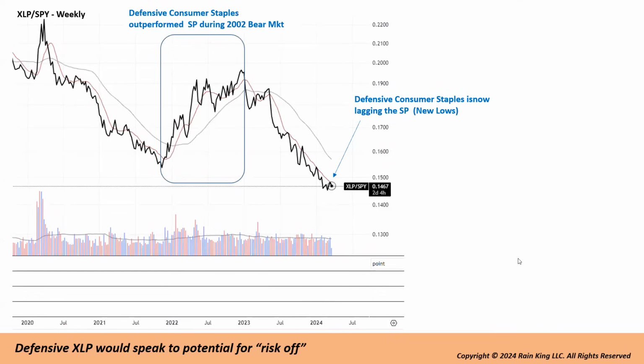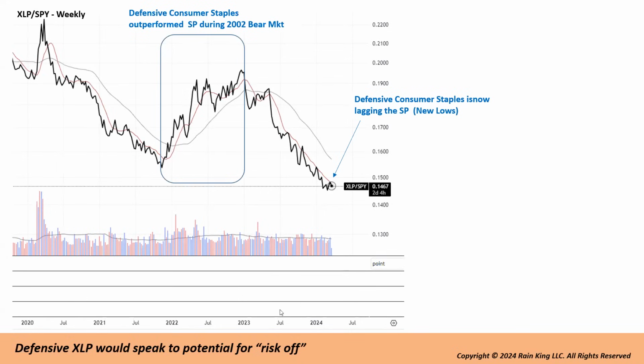Now, this is a chart of 2 ETFs. I've taken XLP, which is consumer staples, and I've divided them by the SPY. So generally, when you look at this ratio, if the line is going up, it's telling you that the staples are outperforming the S&P. And when we're in a bear market, portfolio managers are moving into defensive stocks like consumer staples, toilet paper, toothpaste, canned soup. So you'd see this action in a bear market. So ever since our bull market has started in 2023, you see the lines moving down. That means the S&P is outperforming. So defensive staples are lagging the S&P. In fact, staples are at new lows.